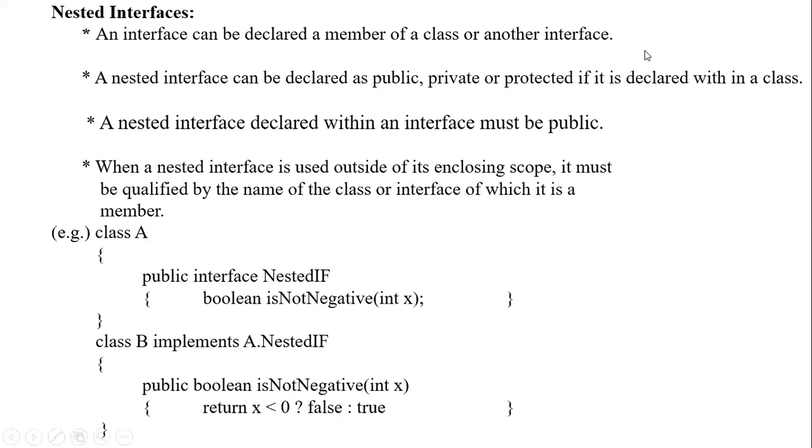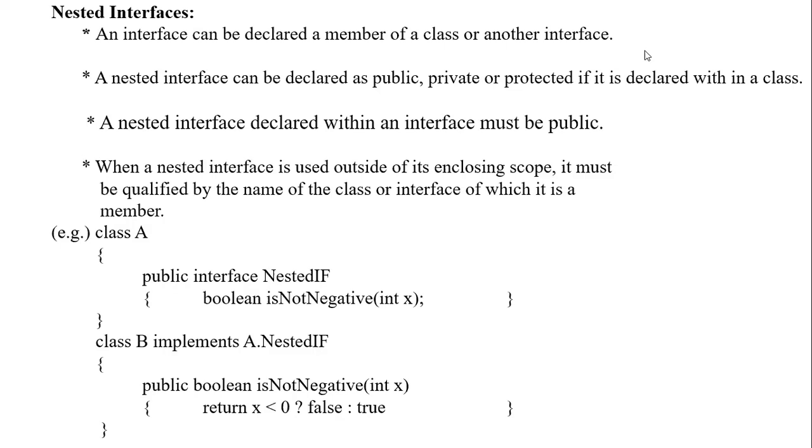Sir, what about calling the method inside the interface, which is inside a class? Do we still use public? No, it is not mandatory, but in the example they have taken it as public. You can give any access specifier for the inner interface, which is a part of a class. Can we implement an interface in the main class? Yes, the main class can implement interfaces, no problem. The main class is also a class.